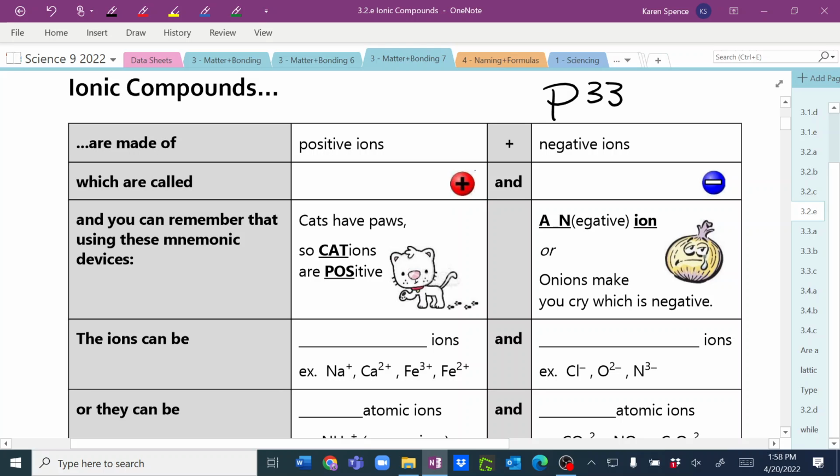This is a review of ionic compounds because we haven't done much on them since last day. They are made of positive ions and negative ions,